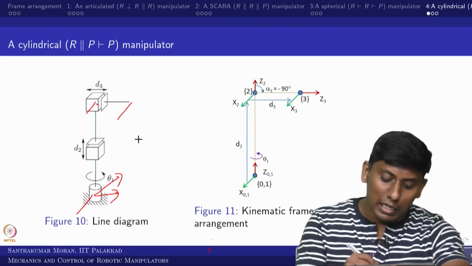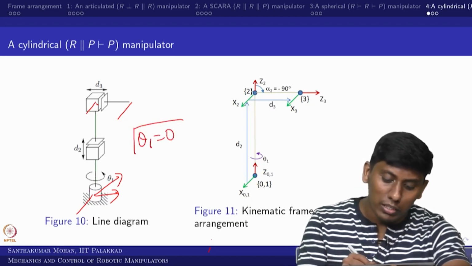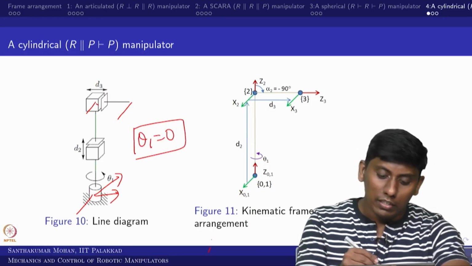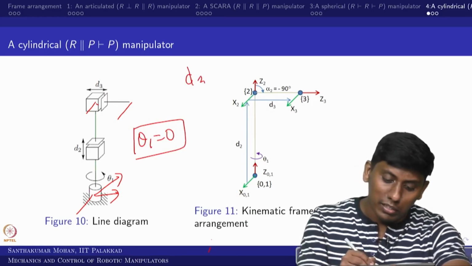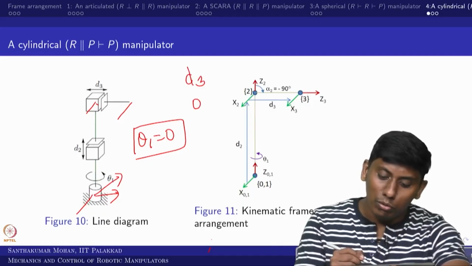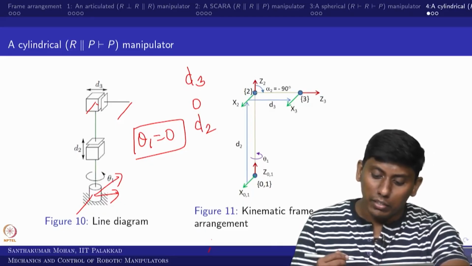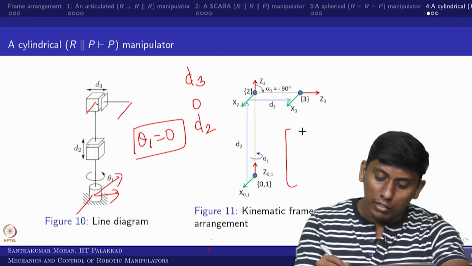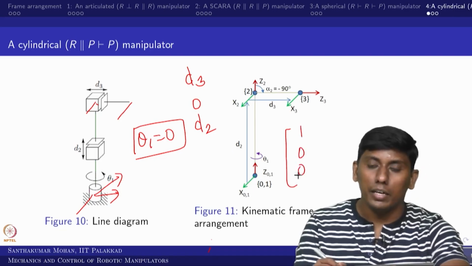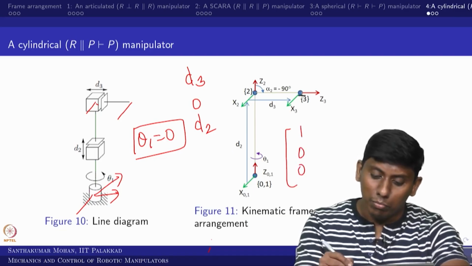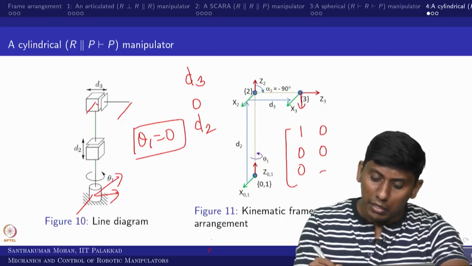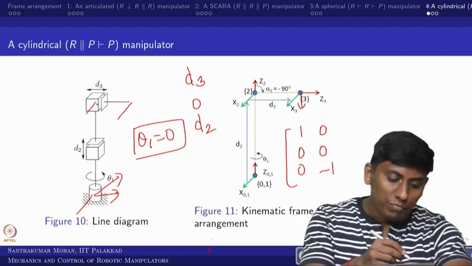So now what would be the standard? The theta 1 would be 0 as the home position. In that sense, the x axis displacement is d3, y axis displacement is 0 and z axis displacement is d2, right. And the orientation is what? So the orientation is 1 0 0, right. Then the second one would be 0 0 minus 1, the other one is, sorry,